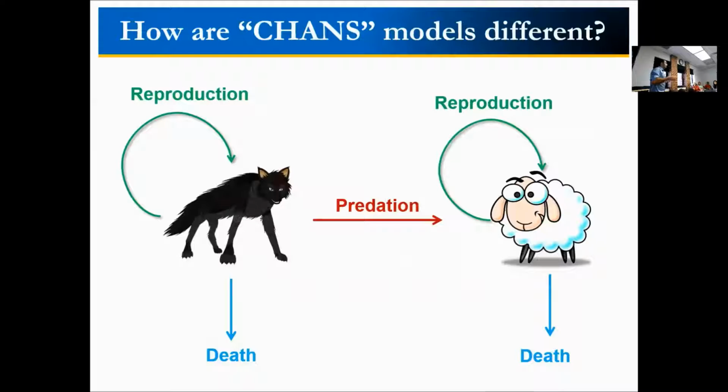But how are those models different from the standard models that we often see in the literature? To answer that, I'm just going to give you this example. It might be a naive example, but bear with me. Let's assume that you have this really simple system that you want to simulate: wolves and sheep, and you want to simulate this relationship. Wolves eat sheep, they reproduce, they die, and the sheep do the same.